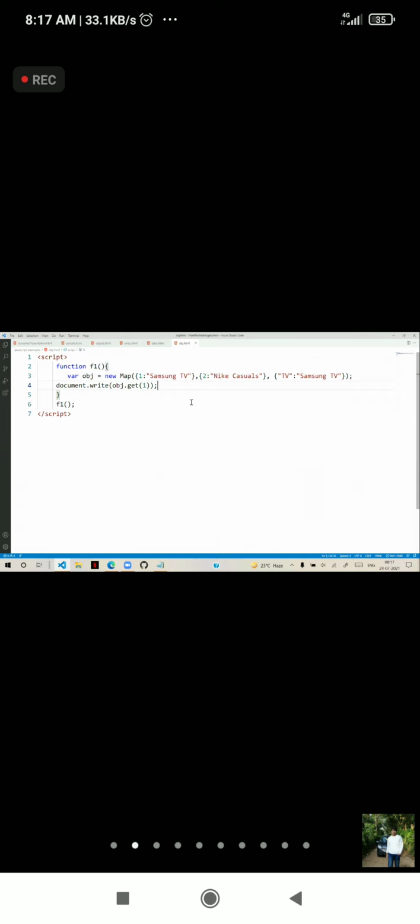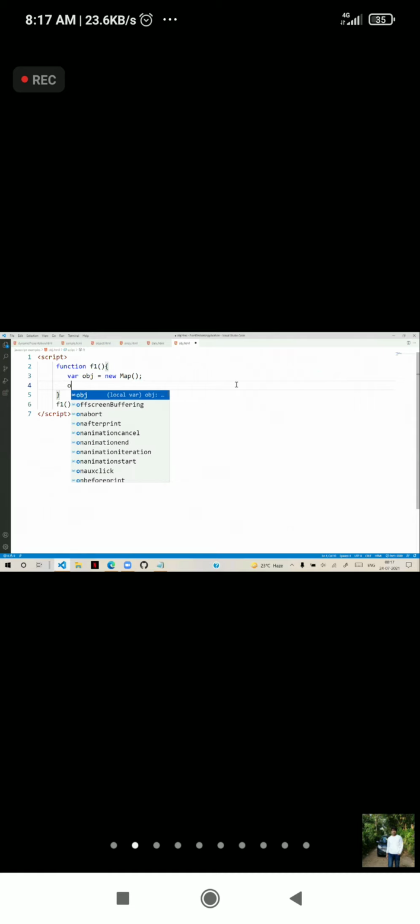That means you have to create an iterator to read the values. Iterator, that I will tell you, because here we are having a collection, then you need an iterator. If you are not having a collection, suppose you just define the map, and here you are using the obj.set method. Into that we can set the key and value. Key is 1 and value is Samsung TV, like this. Or you can say obj.set, so key is LG, and you can put here LG mobile, something like this. One key is string, another key is number.